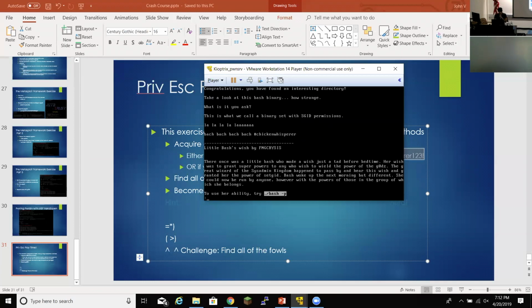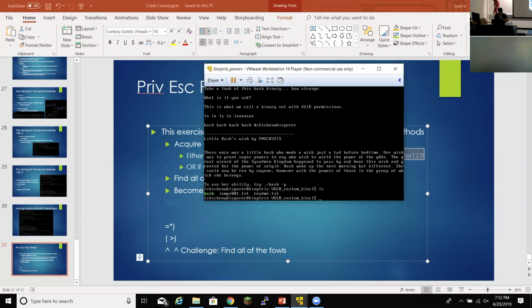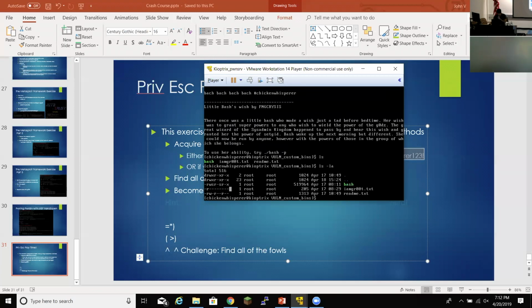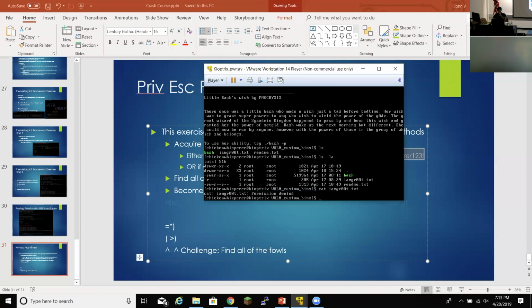Now, before we do this, do an ls and try to cat imgroot.txt. If you noticed before, if you do an ls -la, imgroot can only be read by root, nobody else. So if I try to cat it, you should get permission denied. It just says, hey, you're not root, go away. However, if I run bash -p,